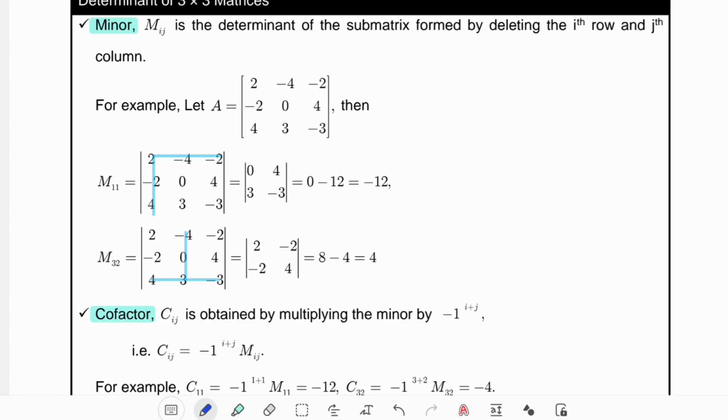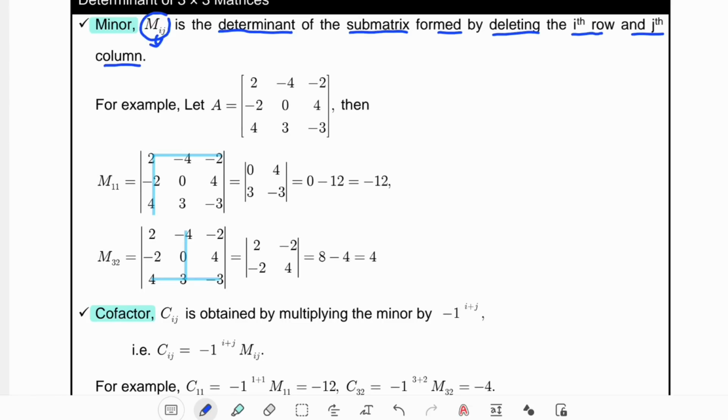So minor basically is the determinant. The notation for minor, usually we use the M, which stands for minor. And there is an ij as a subscript here, which is referring to the location of the entries that we need to find the minor of. Minor is the determinant of the submatrix formed by deleting the ith row and jth column. So for example,